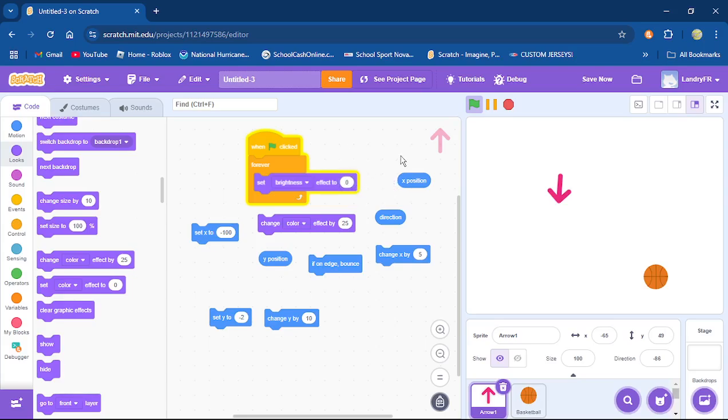If you want that cool fire effect that I did, all I did was forever set up a random number and change brightness to that random number every second. So then it's up, down. But I didn't want it to go completely black, and I didn't want it to go completely white. So I changed it from, let's say, negative 50 to positive 50. And then every second it's going up, down, bright, dark, and it's causing that weird, eerie fire effect. I played around with it until I had the numbers that I liked. And once I did, it looked close to a real fire, and I just let it go.